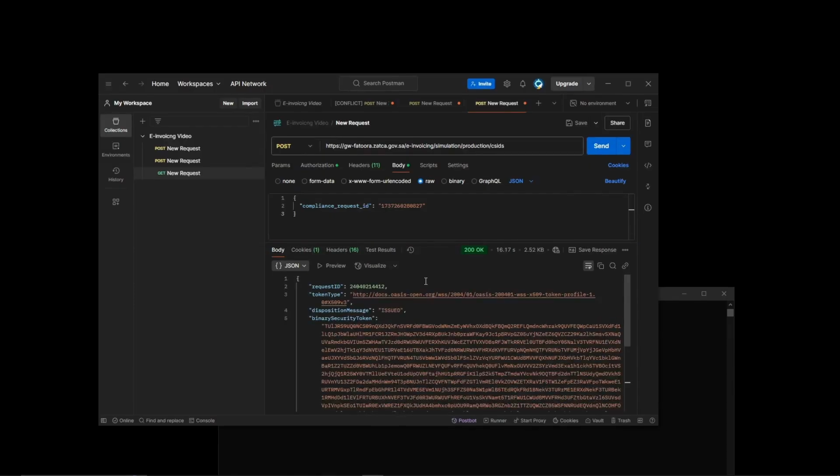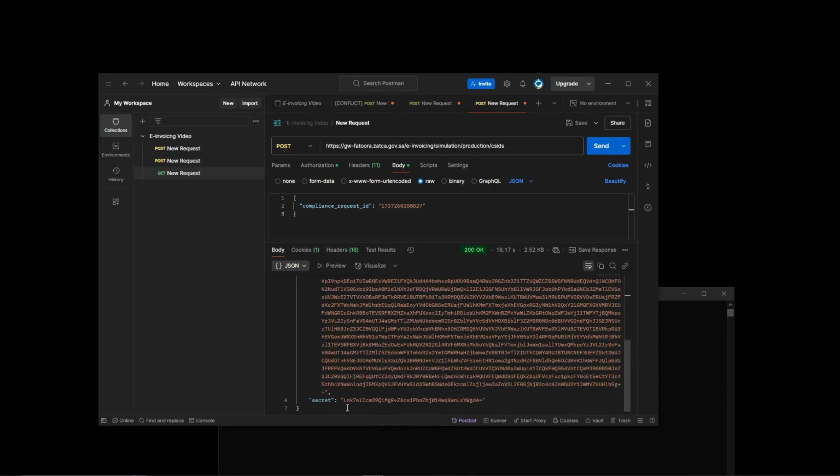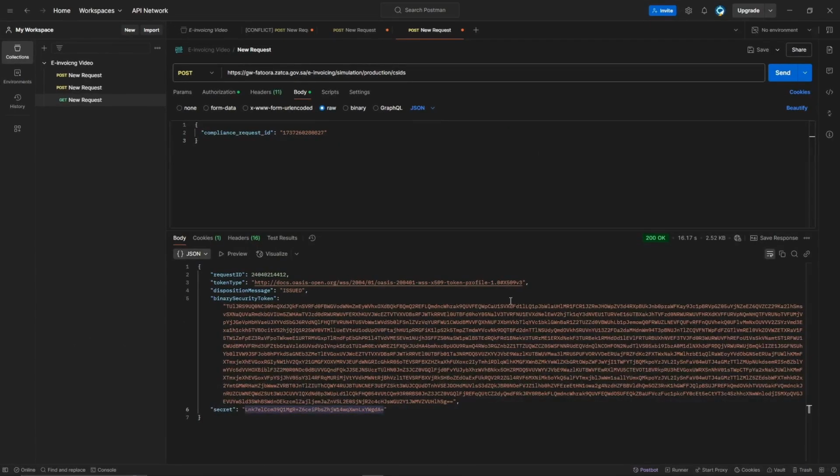And as we can see here in the response, we have successfully received the production CSID, in terms of the binary security token and the secret. And this production CSID will be used to submit the real invoices through the reporting or clearance APIs, depending on the type of the tax document. So let's test both the reporting and clearance APIs to see how they can be configured with the